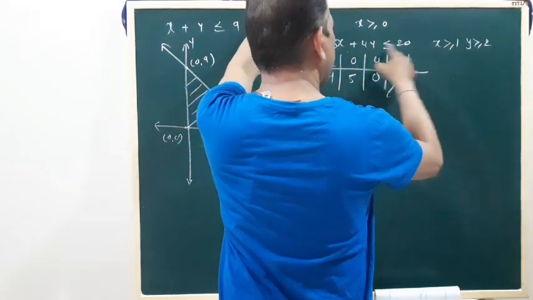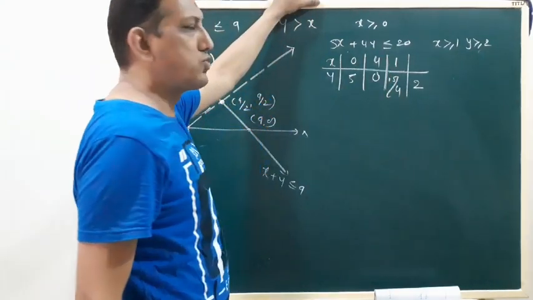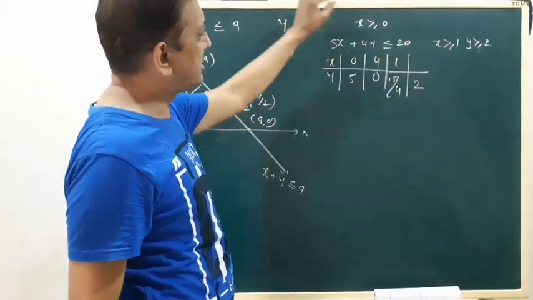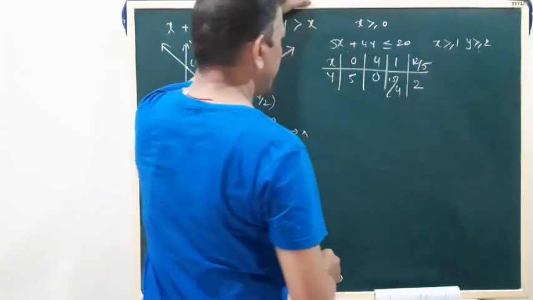And now the intersection of the first and third line. So y equal to 2. Put y equal to 2. 4 twos are 8, 20 minus 8 is 12, so x equals 12 by 5. Okay. Now we draw the graph.